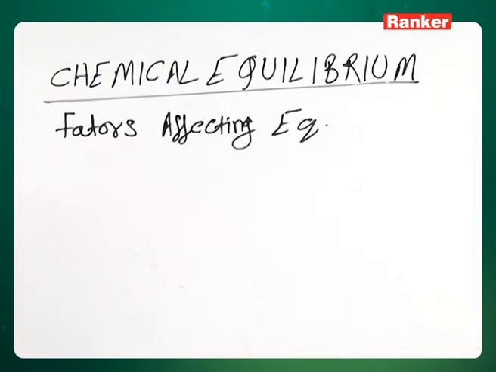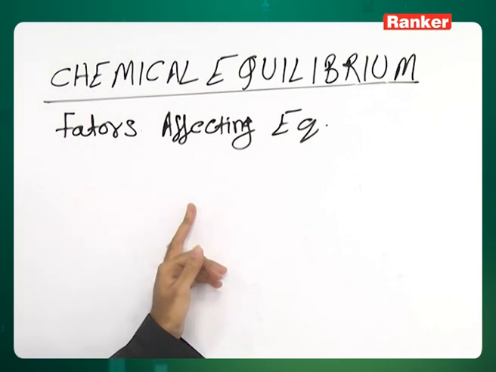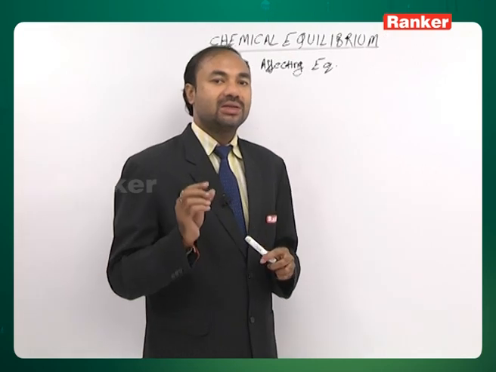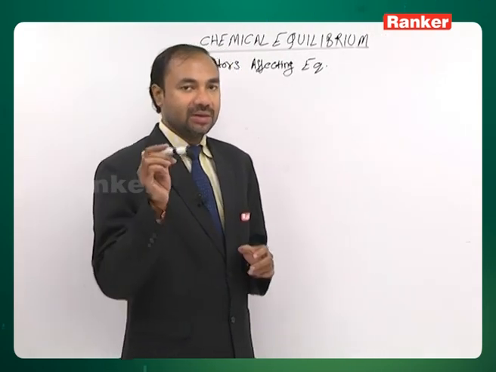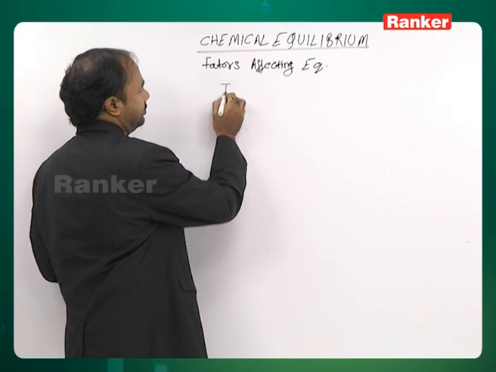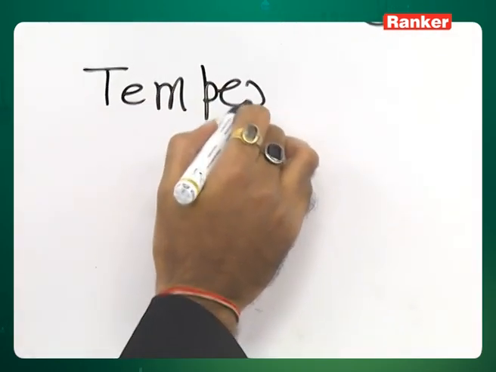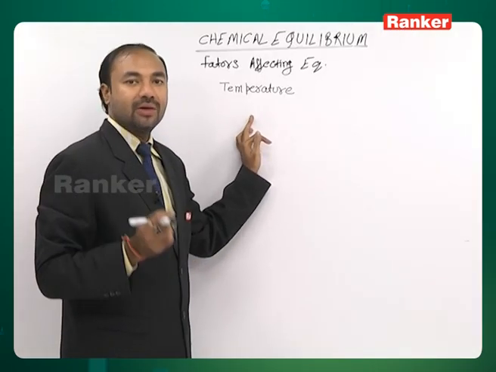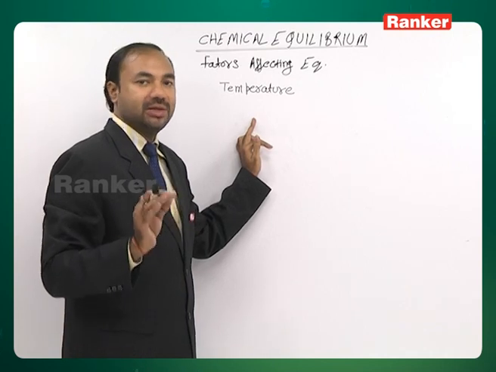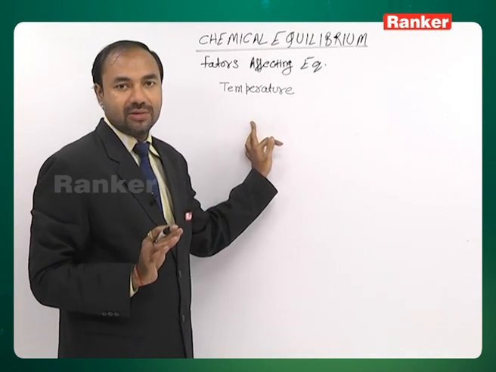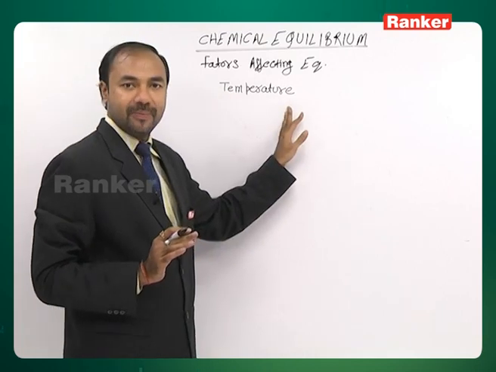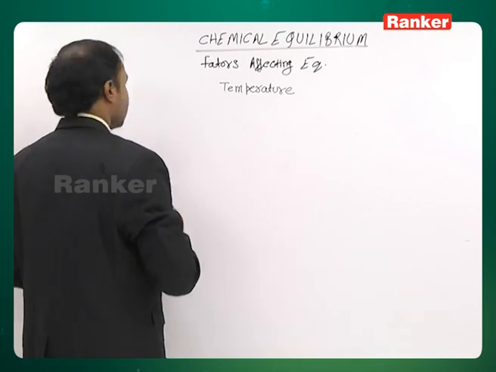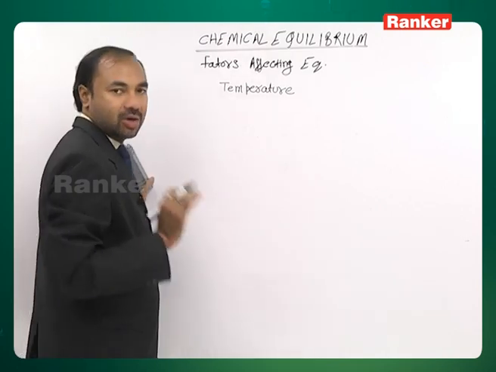Okay. Now, one of the most important factors which affects equilibrium, not by simply changing its composition but by changing the value itself, is temperature. On changing the temperature, the value of the equilibrium constant itself changes. There are a lot of things which change. This we will discuss in detail in Le Chatelier's principle. Right now, let us come to some basic problems of chemical equilibrium.